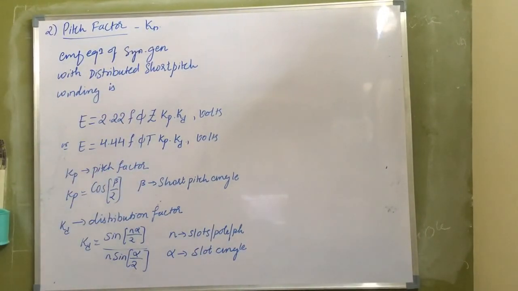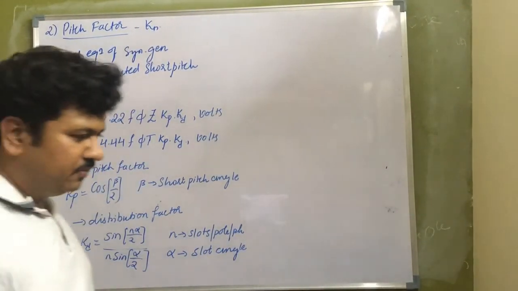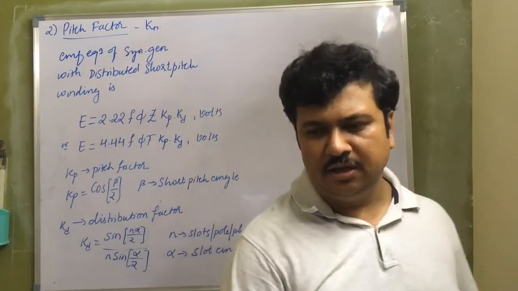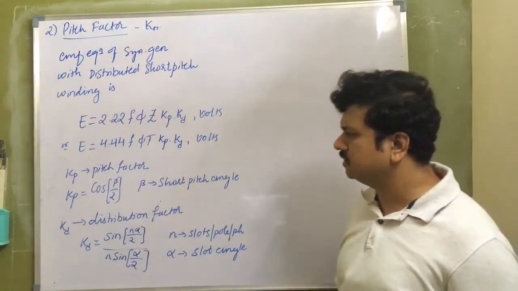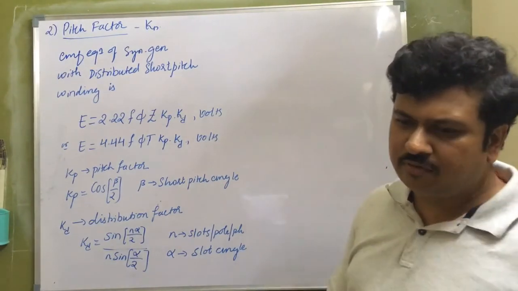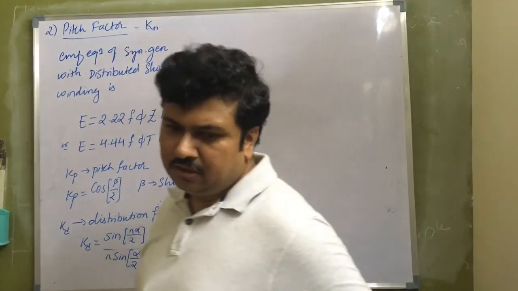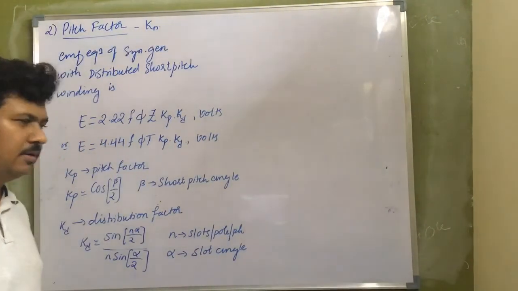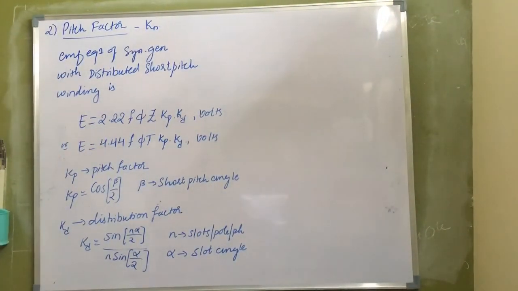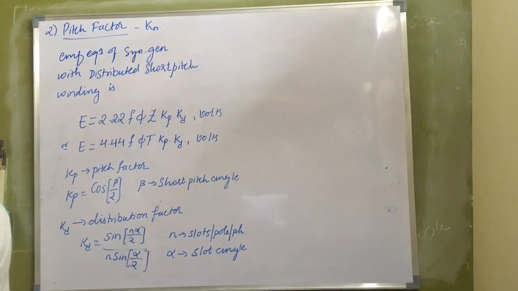So this is all about the EMF induced in an alternator and the EMF equation of an alternator or synchronous generator; interchangeably we call them. So this is, I think, almost the end of the analytical part of the synchronous generators. We need to look into the